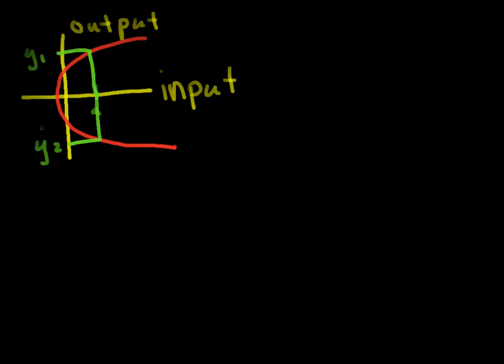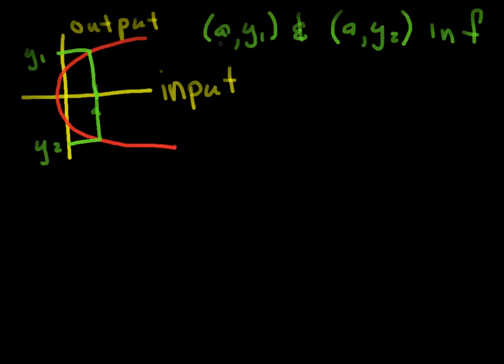So if this red graph were the graph of a function, then the point (A, y1) is in the function set, and the point (A, y2) is also in F. But that can't happen because I have one input and more than one output, violating rule 1 of our definition